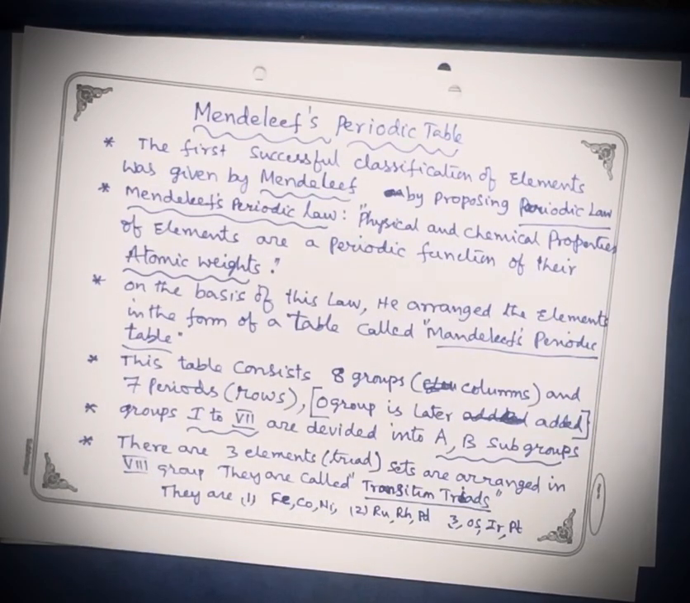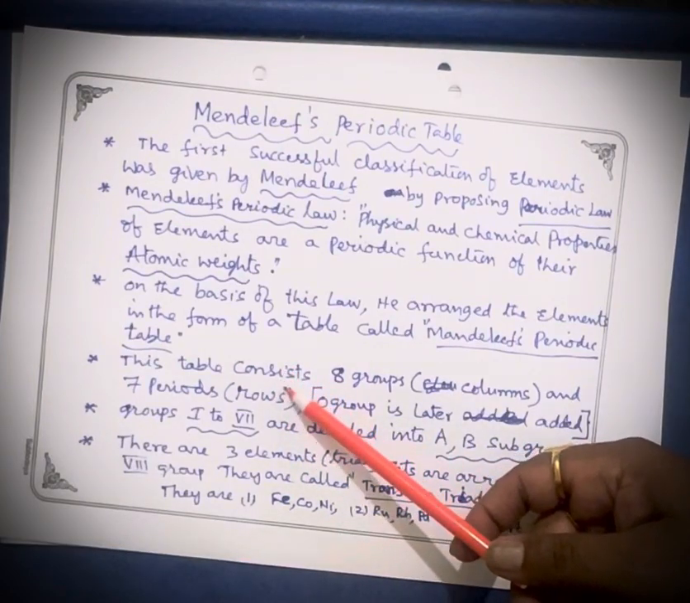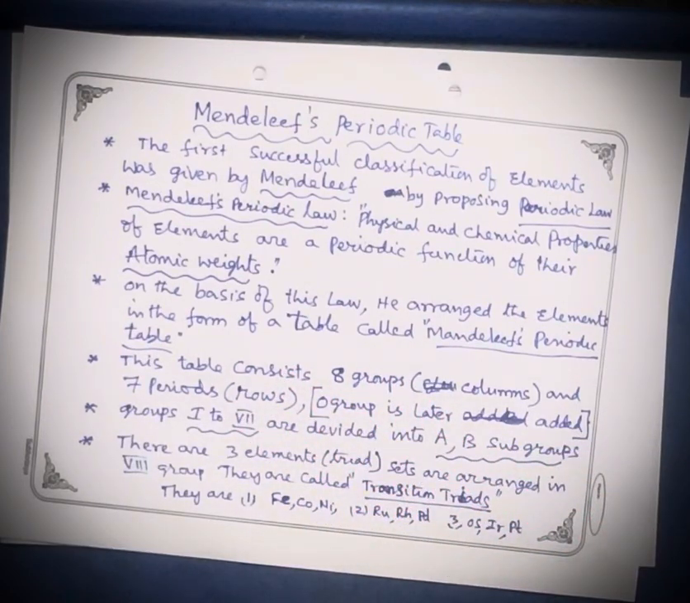8 vertical columns and 7 horizontal rows; elements were kept according to the increasing order of atomic weights. The elements were arranged in a table which consists of 8 groups and 7 periods. This table is called the Mendeleev periodic table. It is not the modern periodic table. The zero group was added later, but at that time Mendeleev had only 8 groups and 7 periods. Each group is subdivided into